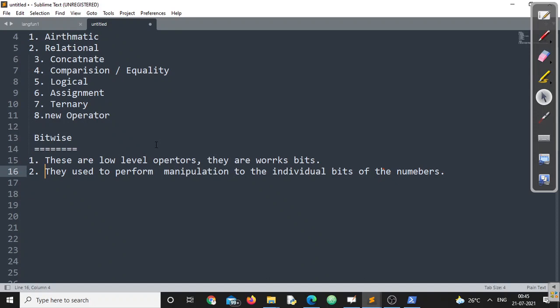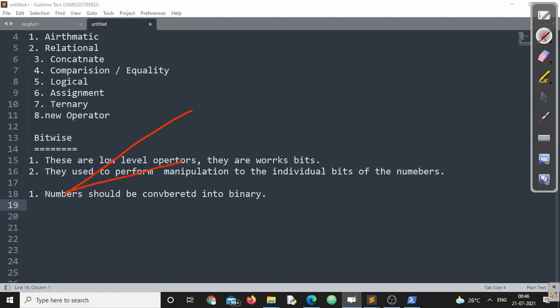So remember, as I have just discussed, to operate with every bitwise operator, the first requirement is that we should understand a few things. First, the number should be converted into binary. Remember this point. And whenever you are converting a number into binary, make sure you recall a few points. As far as our knowledge is concerned, numbers can be positive or negative. Positive numbers are directly stored in memory, but negative numbers are always stored in 2's complement form.